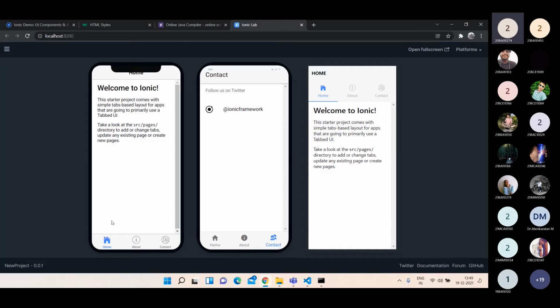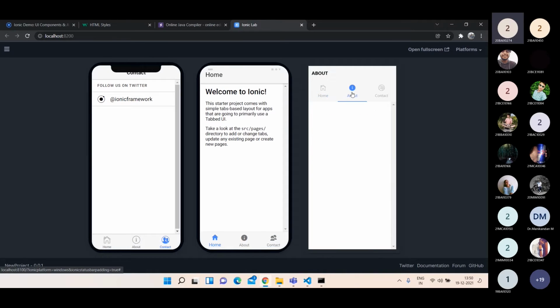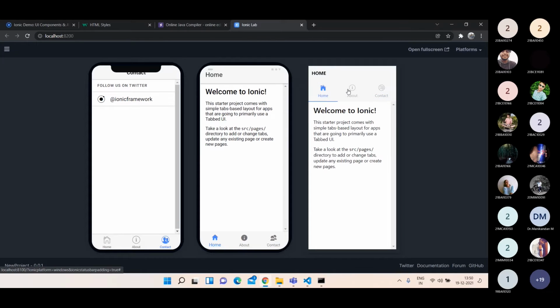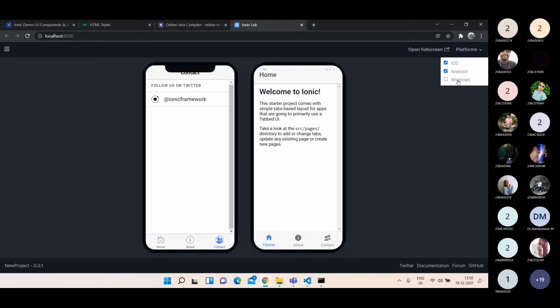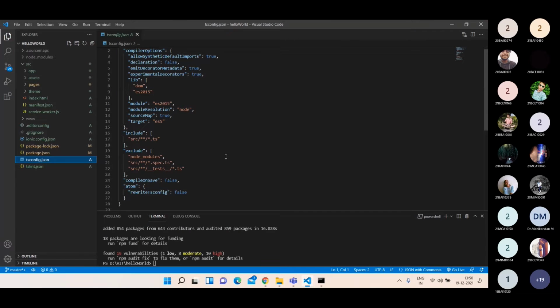Yes, sir. If you look, the icons themselves are somewhat different. In the Android view, the icons and look are somewhat different, and in the iPhone view, the icon is somewhat different. You got it? Yes, sir. And in Windows, again, it will be different. Nowadays we are not using Windows Phone, but you might have come across Nokia Lumia Microsoft phones, right? Yes. Those kinds of builds can be created like this. Let me have iOS and Android alone. Let us work in this blank application itself. All the applications are going to work the same.